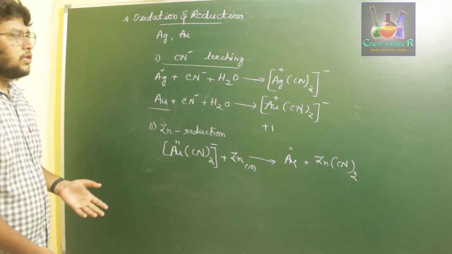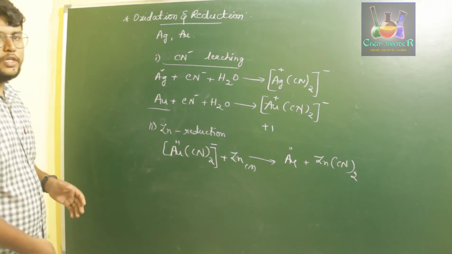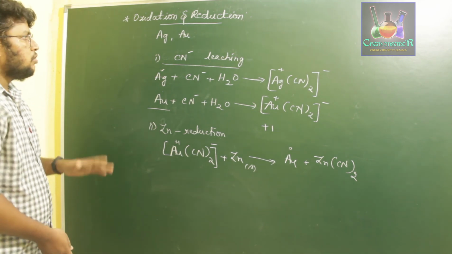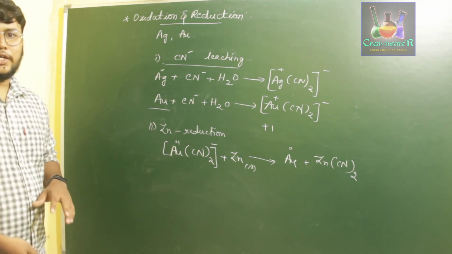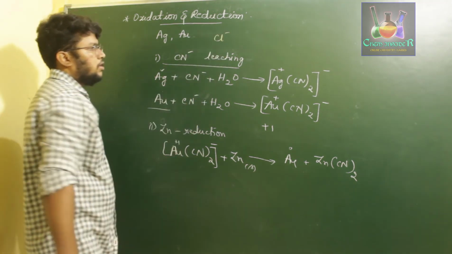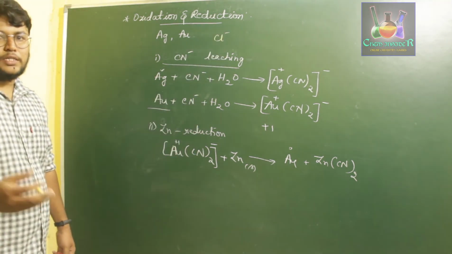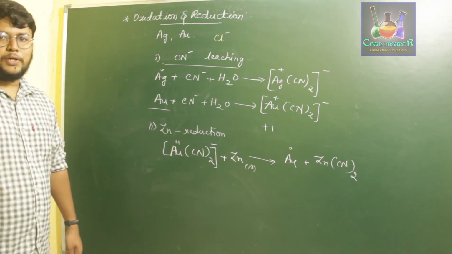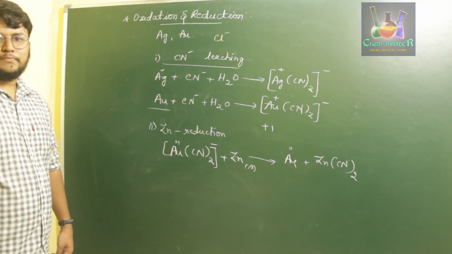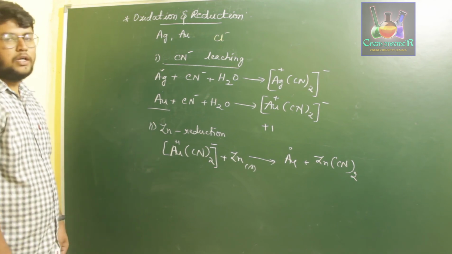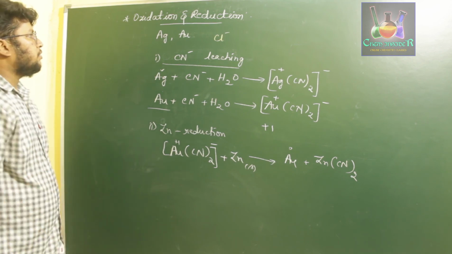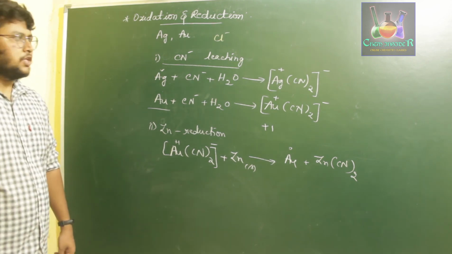One more application of this oxidation and reduction is that we can extract non-metals. We can extract non-metals using this oxidation and reduction process. One example for that is we can extract chlorine from seawater using this process. That is the preparation of brine solution. In the preparation of brine solution, what we do is we first reduce chlorine to Cl-, and then we take away that minus charge to form Cl2. Okay, so that is how we do this process of oxidation and reduction.